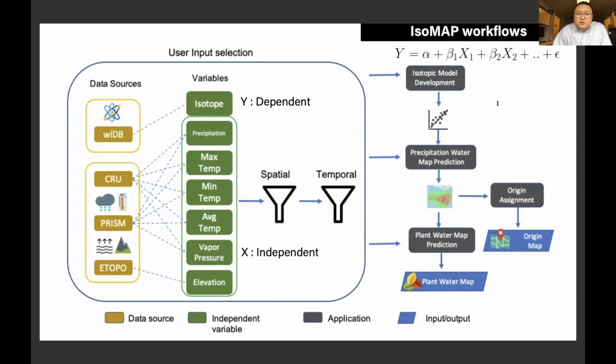So by using those climate data and the observational data, we form the isotopic model and then apply that model to any place the researchers want to use. And then the result will be the predictive map, the raster file you will see on the right side. And from that, you can go in either direction.